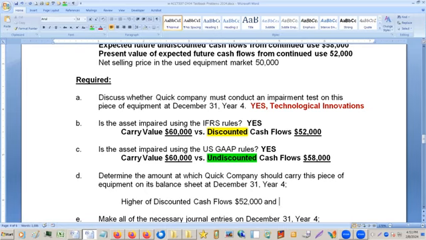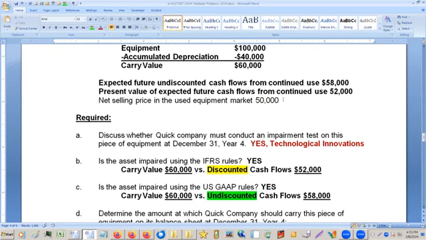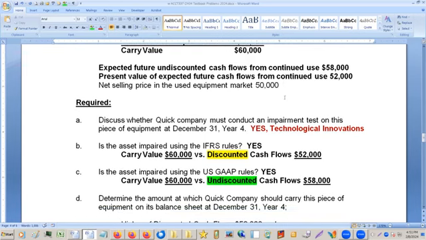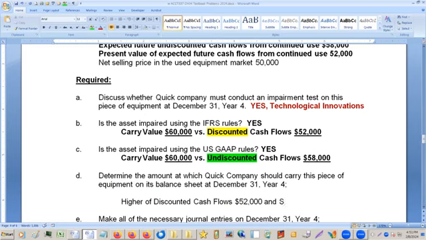And the selling price. And the idea is that if the selling price was higher, you could just go ahead and sell it today and get more money out of it. If the discounted cash flow is 52,000, but you can sell it for 55, well, just sell it for 55, and you'd be better off doing that. Oh wait, I was making an example, and I put that in as if it was a fact. It's not a fact. Okay, so the 52,000 would be